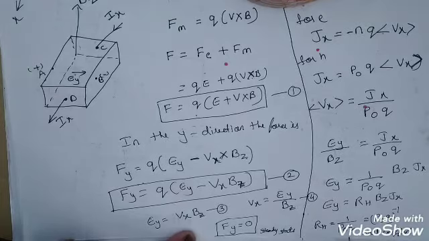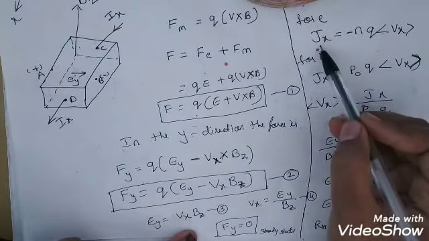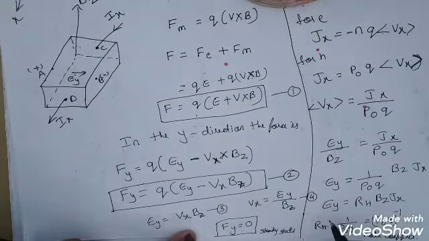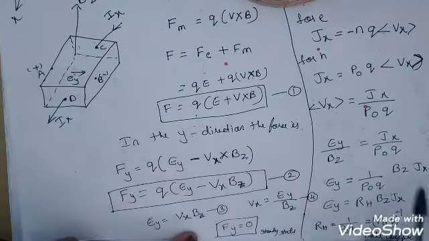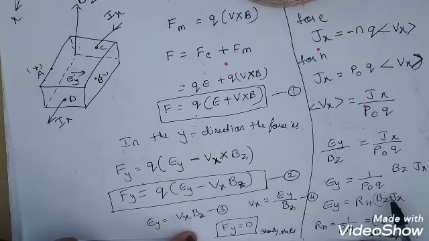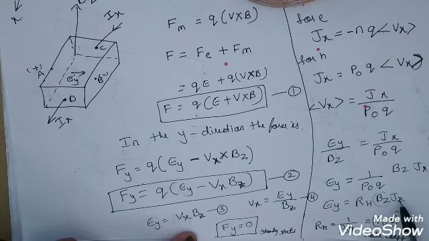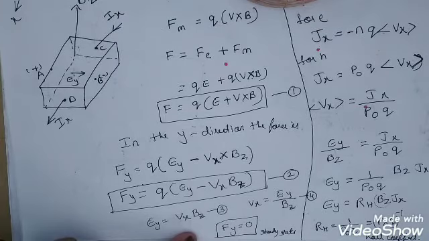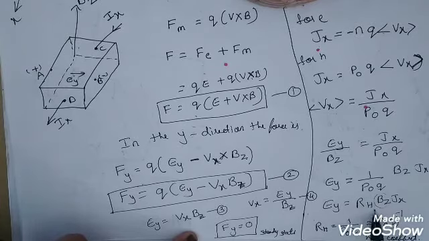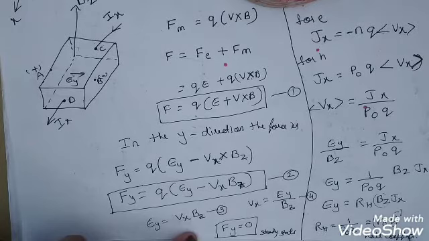See, what we can say from the current density equation is that whatever electric field intensity is produced by the Hall effect in the Y direction depends upon the magnetic field applied on the Z axis, as well as the current density present on the X axis by applying the electric field to the particular semiconductor material. Here 1 by P naught Q, for simplification purpose, we represent as RH, where RH is nothing but a Hall coefficient.